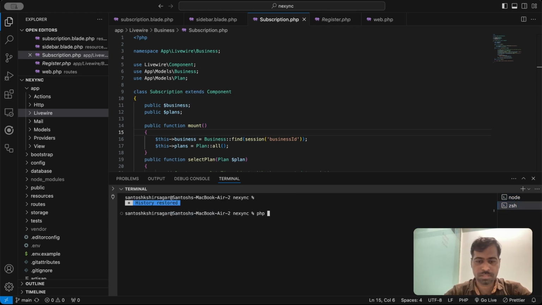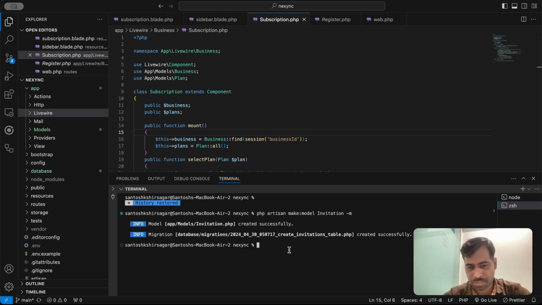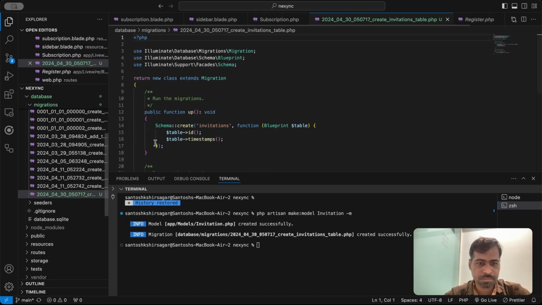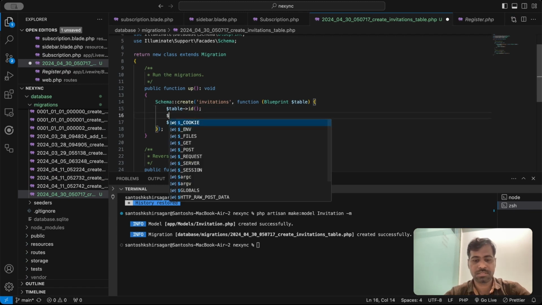So I will create a model with php artisan make:model, and this model will be Invitation. So how many invitations will be saved? I need a migration, so a controller will not be needed. We'll use the same Livewire component. So the invitations table will go into this migration, and then we'll add this